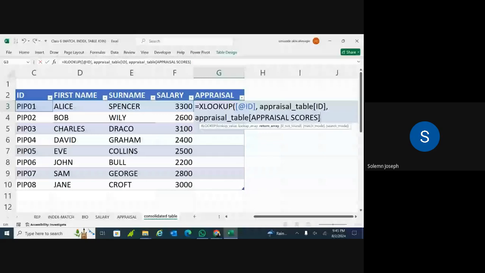Comma. If not found, comma. Okay. If not found. So I should write, put your quotation mark. Not found. What do you want it to display? It is not found. Put not found. Okay. Let's put